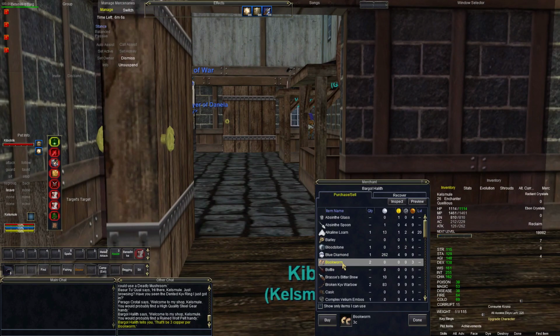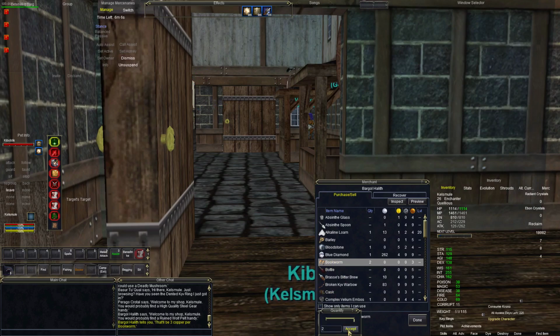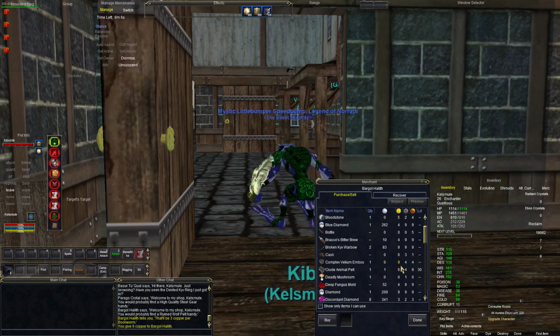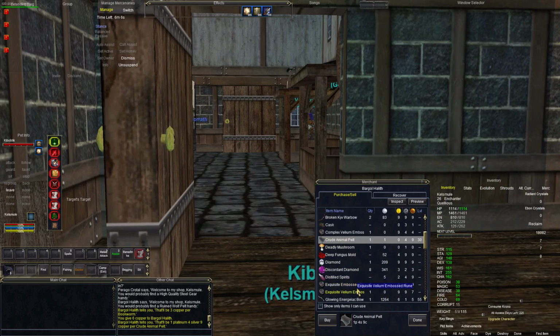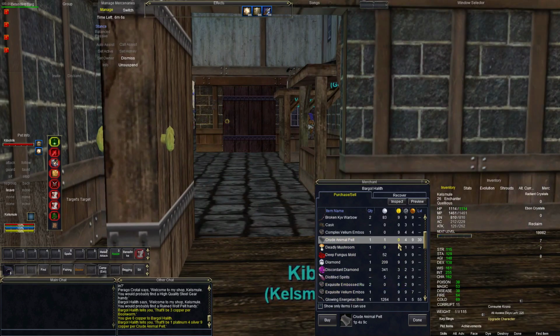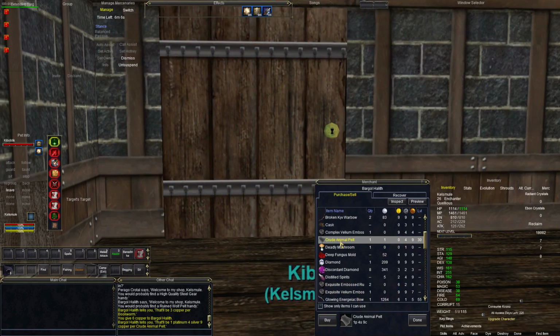Here's some bookworms, which are a foraged item here in Plane of Knowledge for fishing. I usually buy those when I see them. There's a crude animal pelt. That's a nice one. It's only 1 platinum, 4 silver. It's a level 30 item for